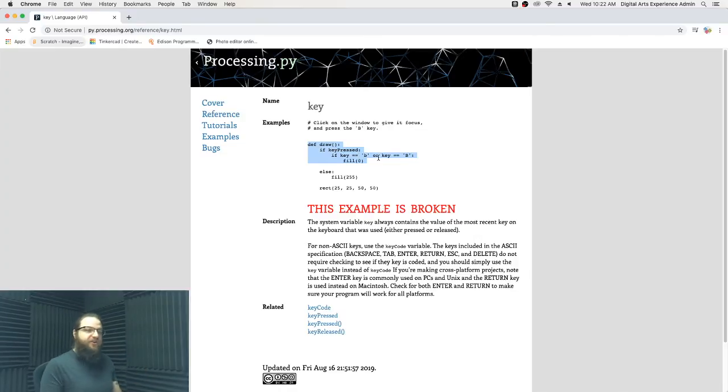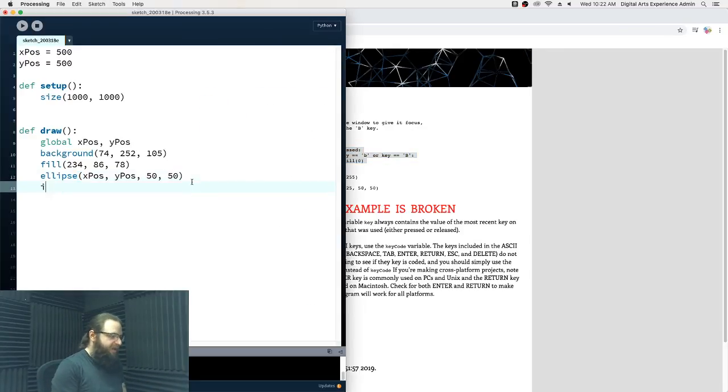And if it was a certain key, we can make things happen. So in other words, the first step of this is a key pressed? And then if that condition is met, we check to see if another condition is met within that. So if we get yes on the first condition, then we check, is the key, let's make it the letter D. If the letter D is pressed, then we can do something within our code, which is how we're going to start with this. So if key